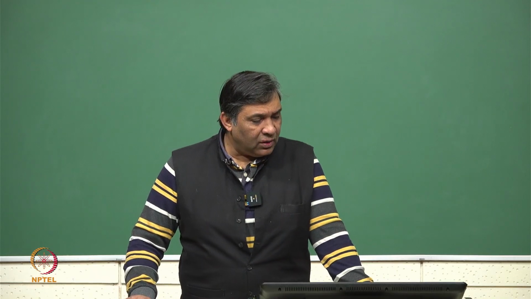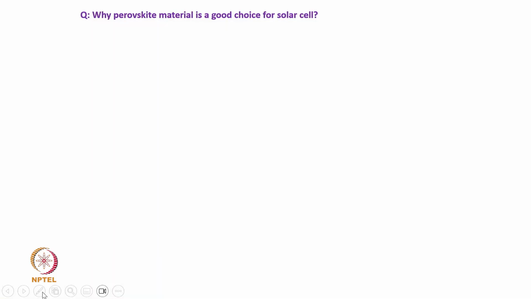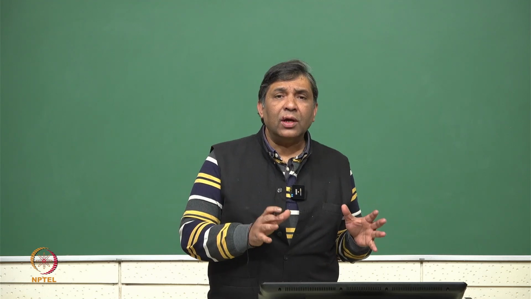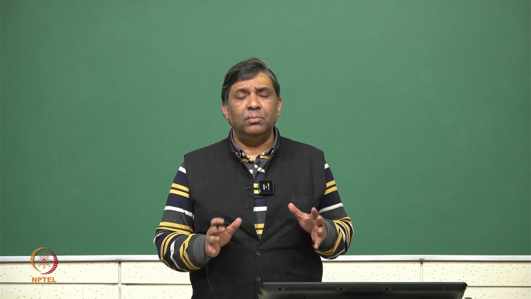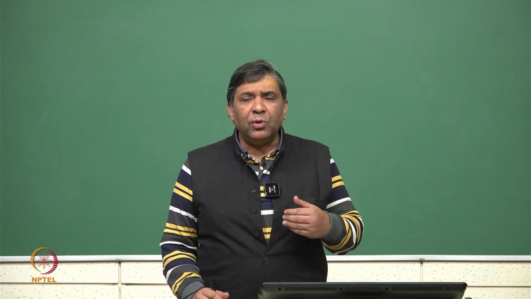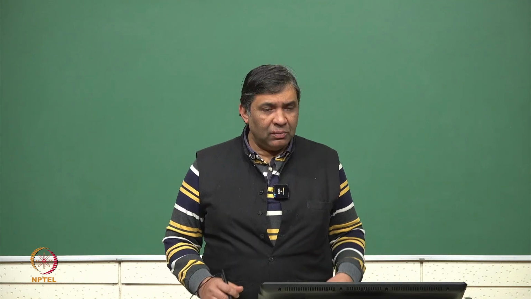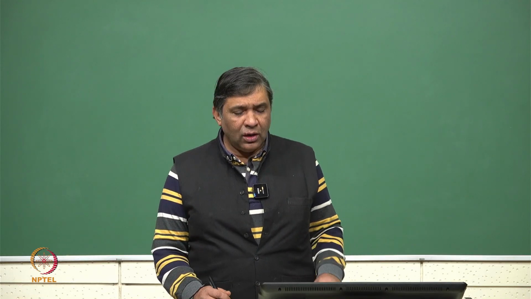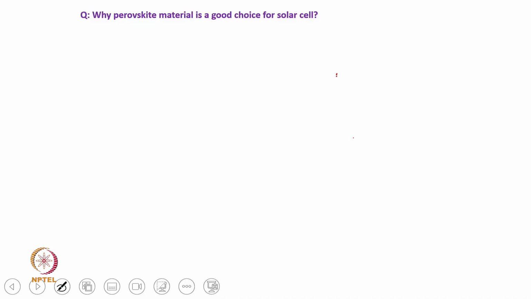Okay. So, let us look at some questions on perovskite solar cell, and then I will go to some questions of tandem solar cell. The first one is, why is perovskite material a good choice for solar cell? What we have seen is that perovskite material, particularly the inorganic, organic, hybrid perovskite which are used in the perovskite solar cell, have different important properties which make them a very strong potential candidate as a solar cell. One important property is low excitonic binding energy.